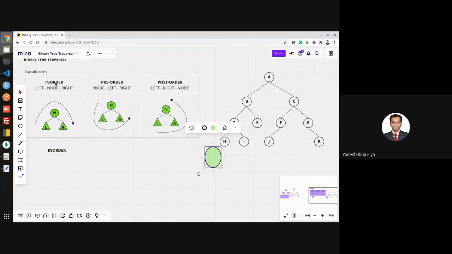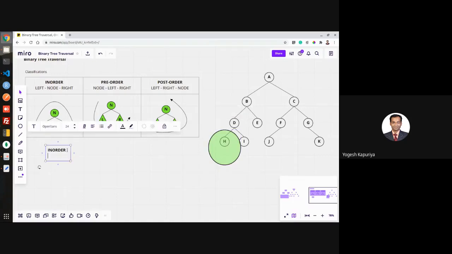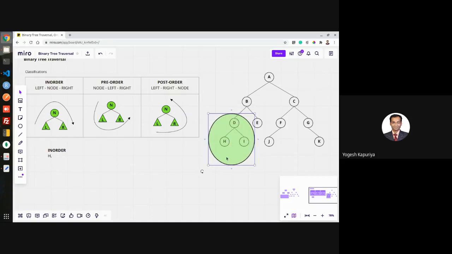So what does the next rule say? Remember, we are traversing this edge. The rule says left, then node. What is the node value? H. So my in-order traversal will start with H, in case of this tree. Again, is there anything on the right of H? No. So traversal for this component is over. Remember we came via this. So left is over.